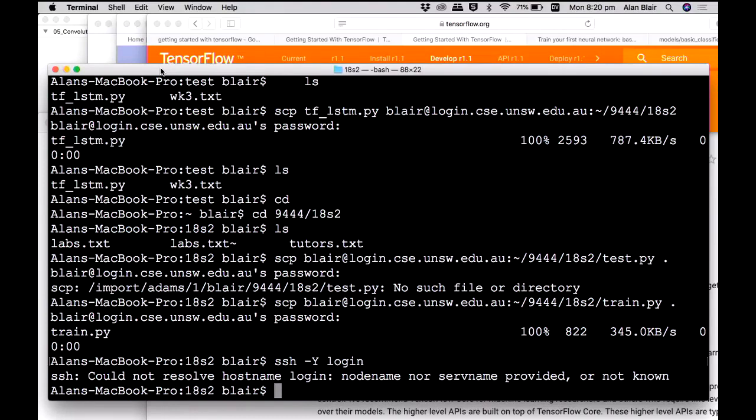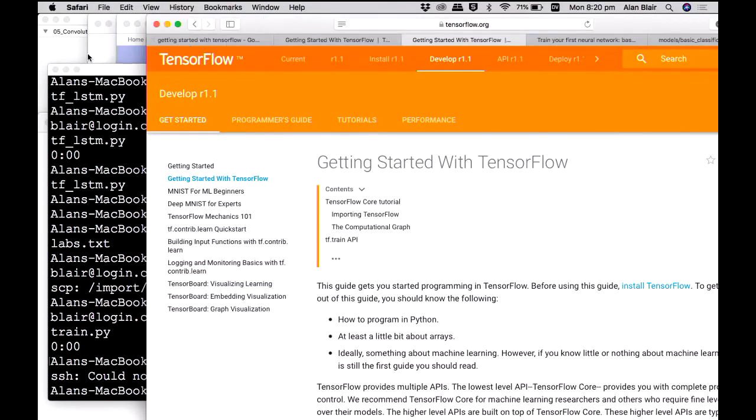But the emulator only runs on the lab machines, it doesn't run on login. So if you SSH remotely into the CSE machines, you won't be able to use this emulator, but there's something called VLab, which would allow you to use it.